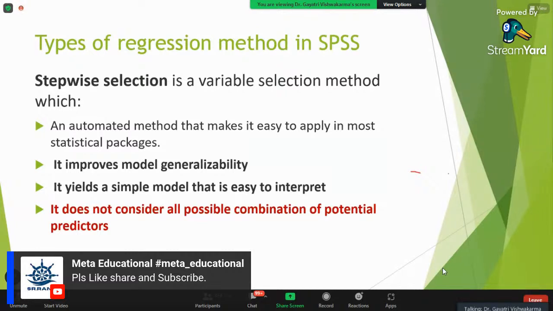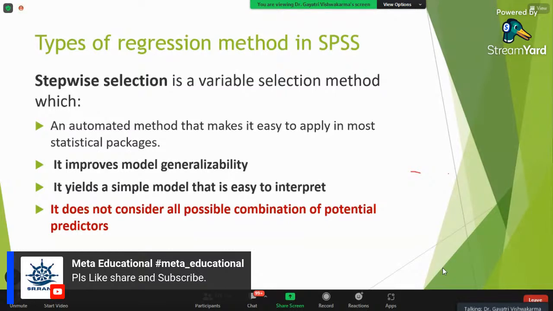One of the methods is stepwise selection. What is stepwise selection? It is a variable selection method. Because you have a number of independent variables, this is an automated method created inside the software, which makes it very easy to apply in most of the statistical packages.